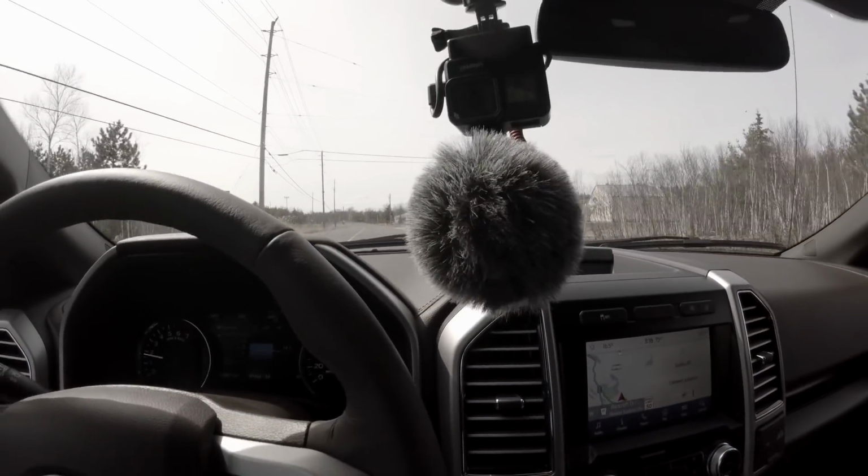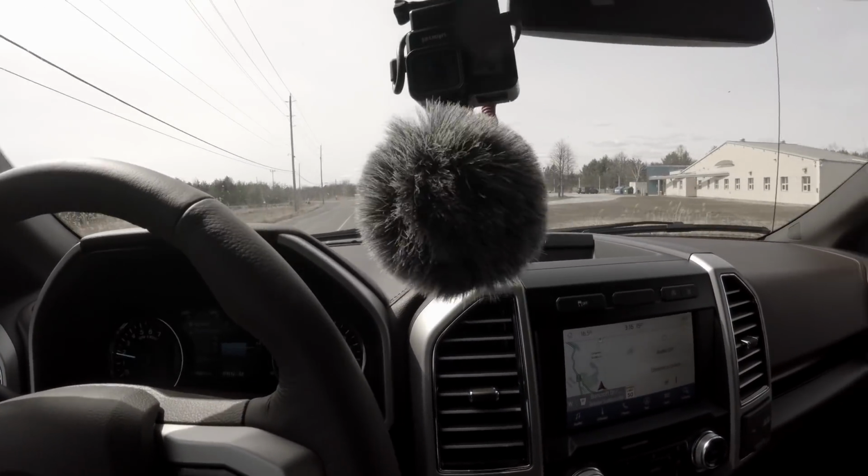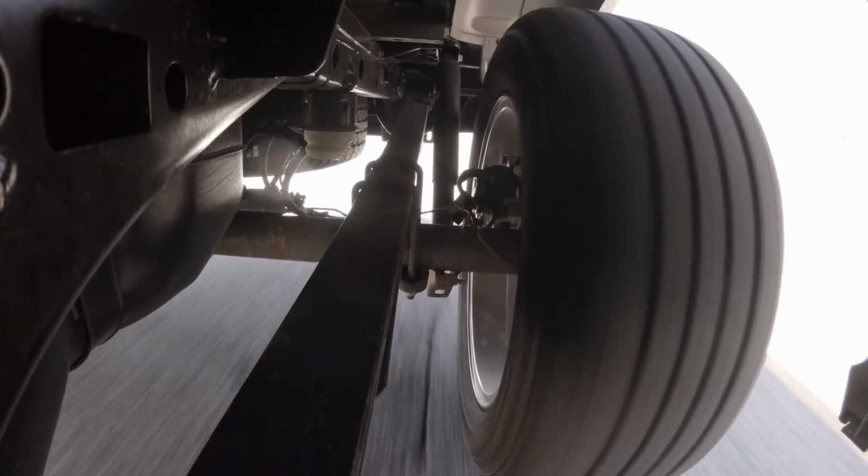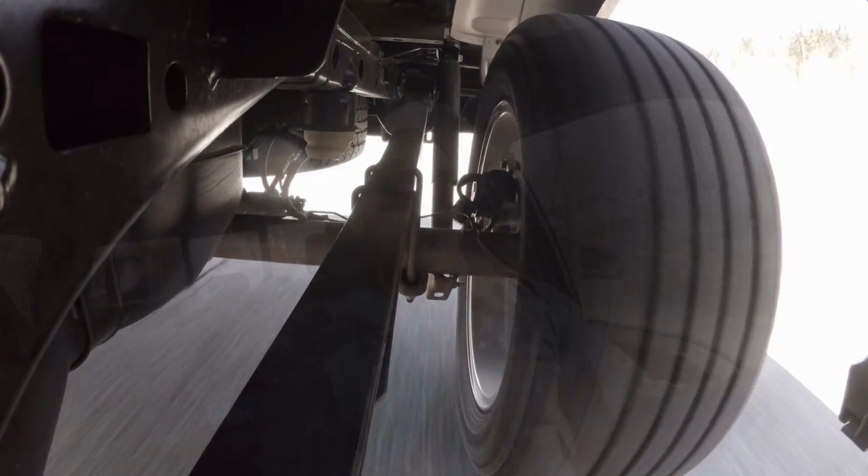So I think it's worth showing you this as well. I'm on the roughest stretch of paved road anywhere near where I live, and I use this as a sort of ride quality and ride comfort testing exercise in all of the trucks and SUVs. And I don't drive cars down this road because it's just simply too rough. So I'll put the camera down on the suspension so you can see the sort of workout that it's getting here. So this is just about worst case scenario for a paved road, and I think it's a really neat